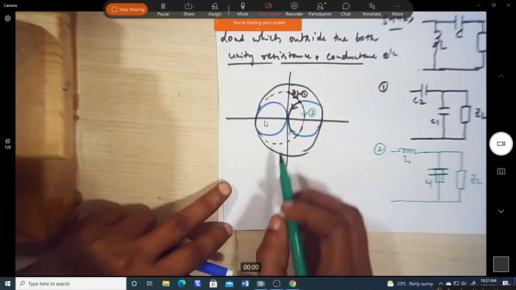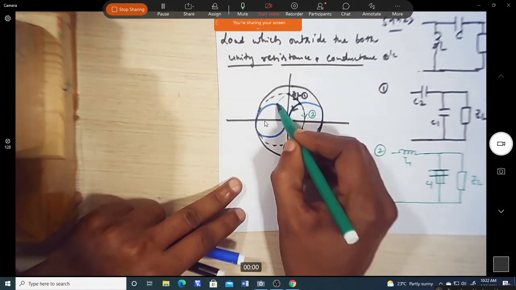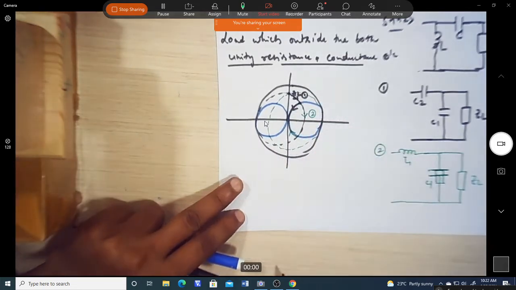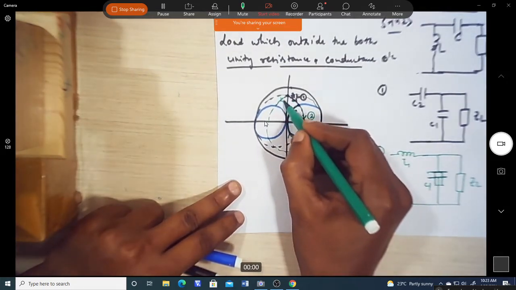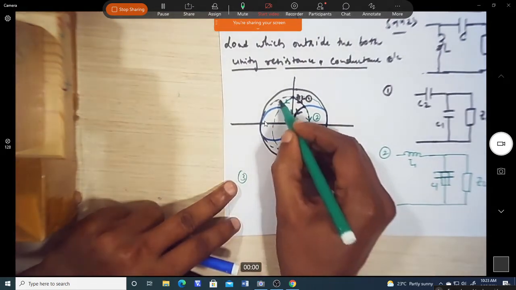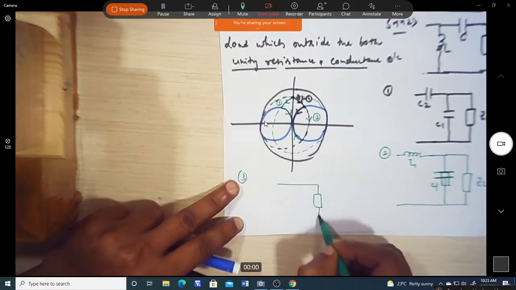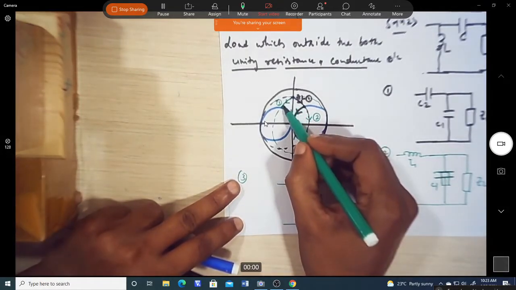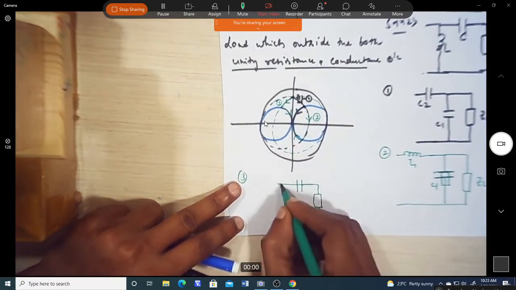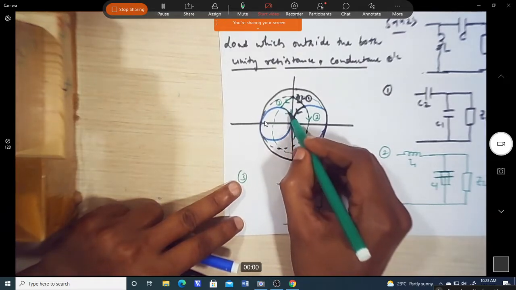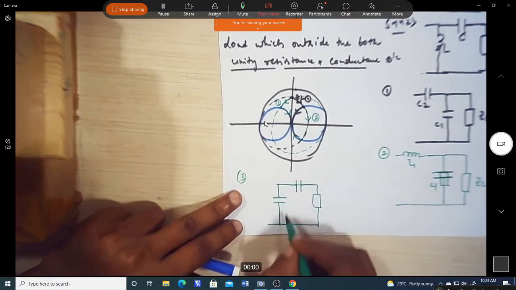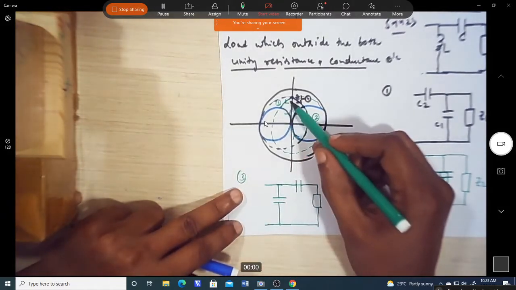Now similarly, we can move on the resistance circle, so like this we will have a resistance circle. We can move on the resistance circle downwards, and then the conductance circle downwards. So solution 3 exists, where we are moving on the resistance circle downwards. Resistance circle downwards means we will have a series capacitor, and similarly moving downwards on the conductance circle we have a shunt capacitor. So this is solution 3, which exists.